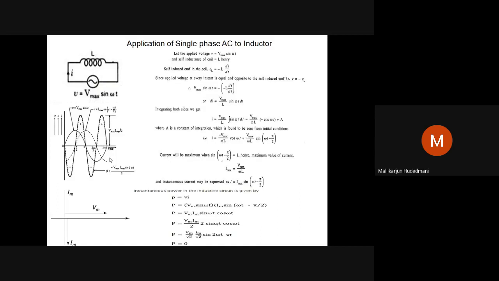Therefore, to prove that, what do we have to do? Take again the concept of instantaneous power. What is instantaneous power? p equals v into i. What is v here? Vm sin ωt, it is written here. What is i? Im sin(ωt − π/2). Take them side by side. It becomes Vm Im sin ωt into minus cos ωt. What is minus cos ωt? By trigonometry we know, sin(ωt − π/2) is minus cos ωt. Therefore, I will find power equal to Vm Im sin ωt cos ωt.